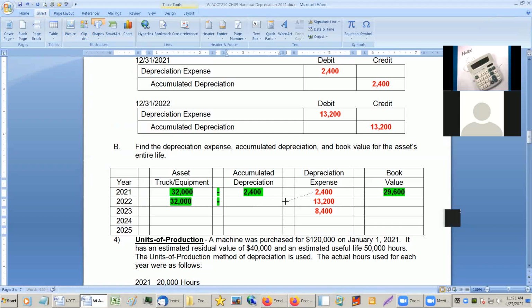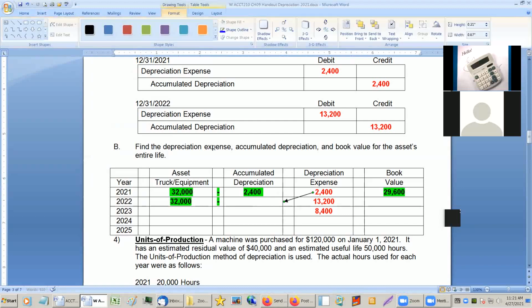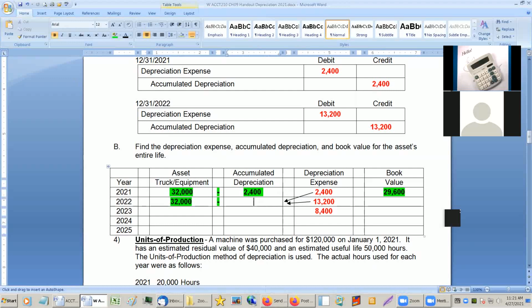So this plus that. So 2,400 plus 13,200, 15,600. So 32,000 minus 15,600 equals